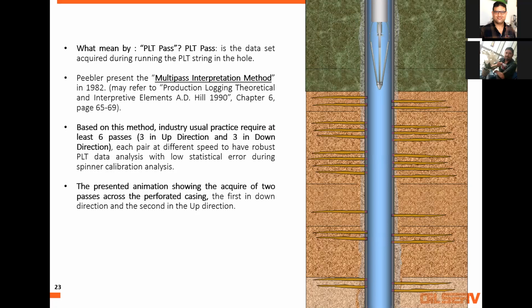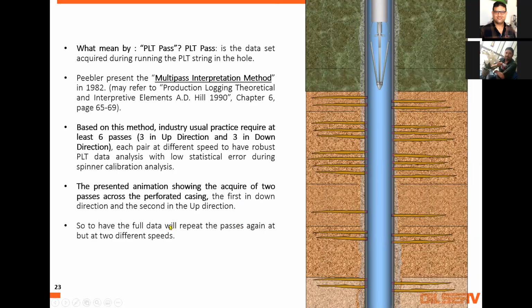For example, this speed was 10 meters per minute, down and up. Then we'll do 20 meters per minute, down and up. Then 30 meters per minute, up and down. In this case, we will have 6 passes, which will be enough to have a robust interpretation.